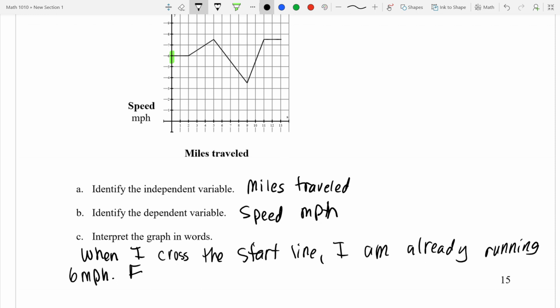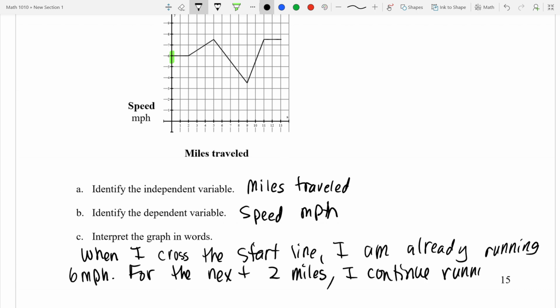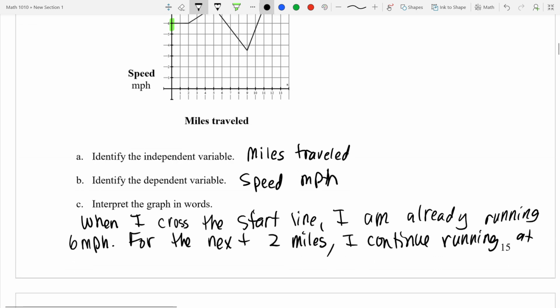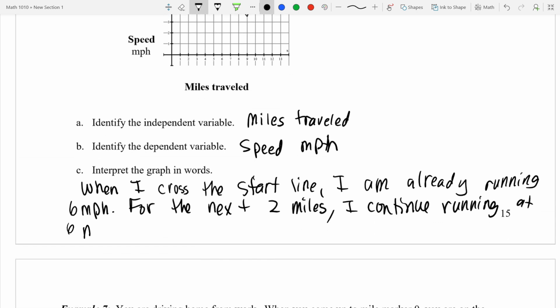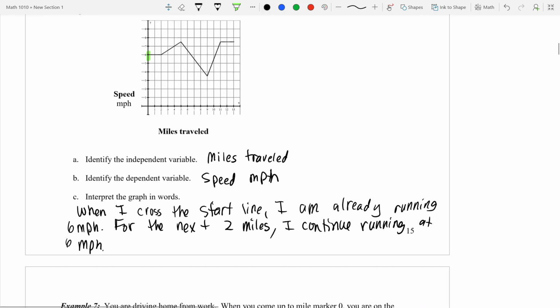Okay. For the next 2 miles, finish. I continue running. Keep going. Talk to me. At 6 miles per hour. Okay. Now at mile 2, something happens. So I'm going to say at mile 2,